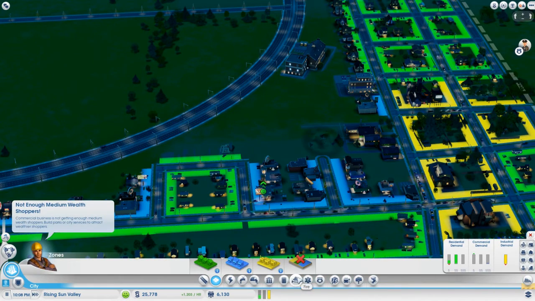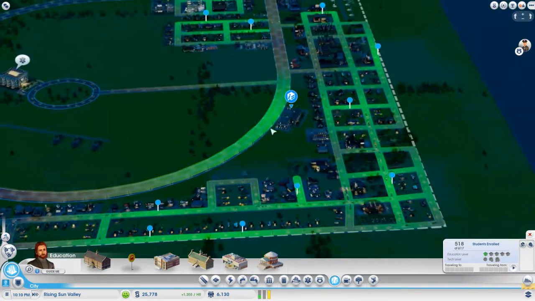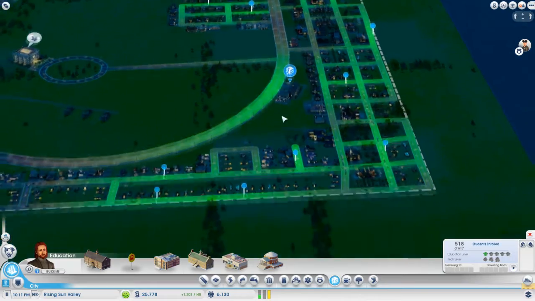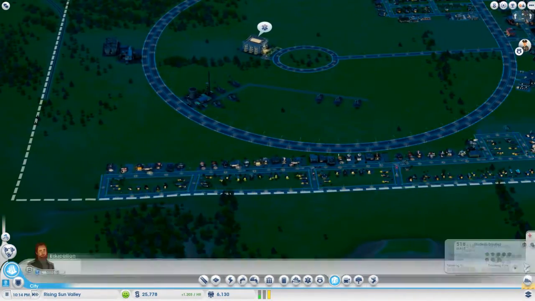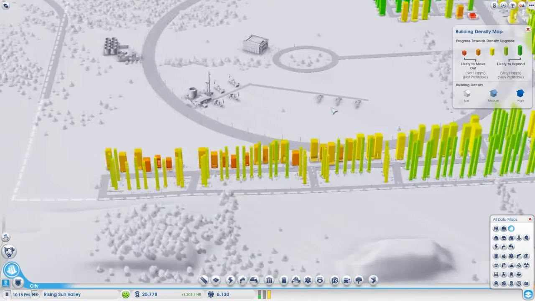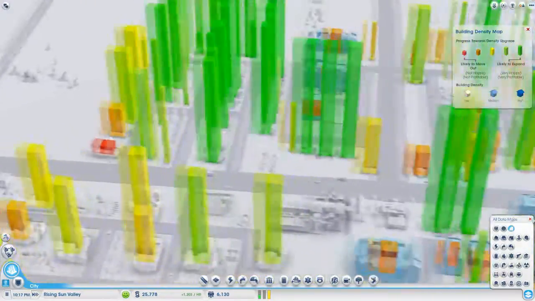Let's see education from last time. Education is there. So we have a grade school, and that's all we seem to have here. Quick check of the density meter because I just noticed a couple of densities, and these want to upgrade, which is good. So that means we may need to spend some money upgrading the roads. Although they